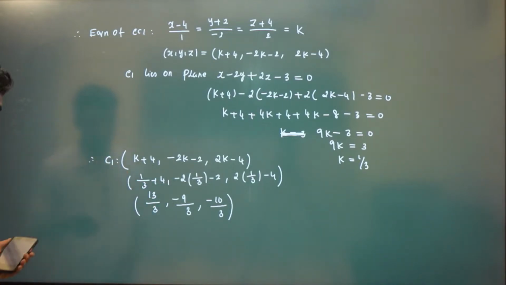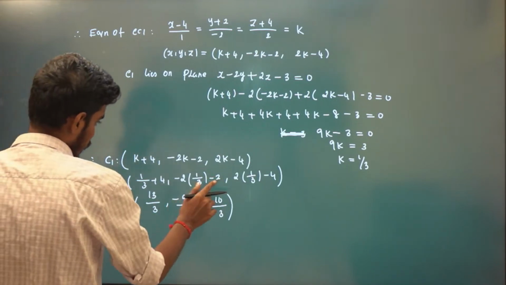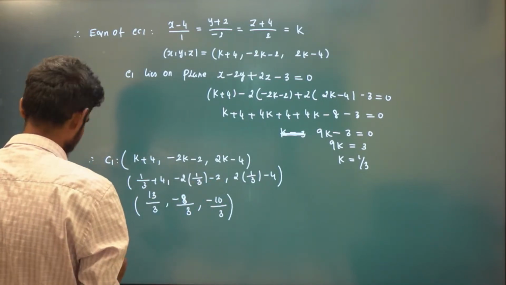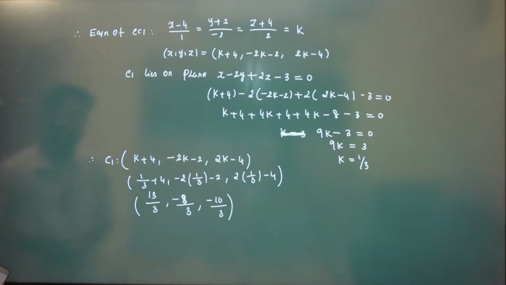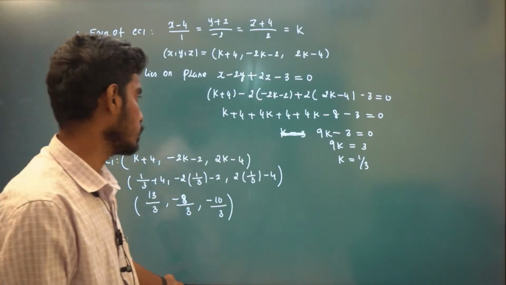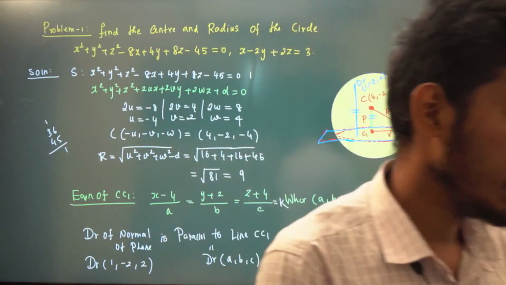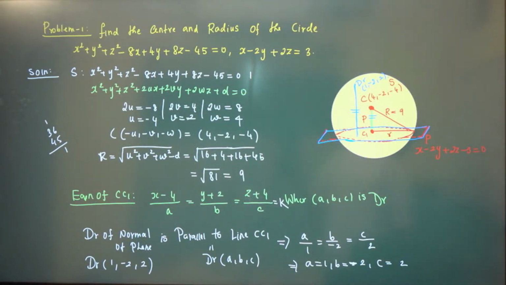So these are 12, 12 is 13. So 13 by 3 minus 8 by 3 minus 10 by 3. This is the center of the circle, right? So very simple, very important idea. So how to find the center of a circle,